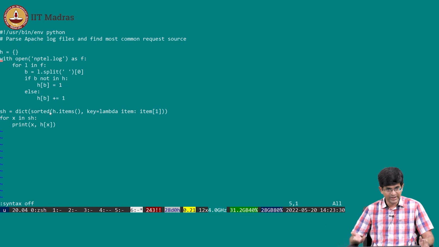I then open this file. Okay, so I'm hard coding stuff here. This is not normally how I would want to do it, right? I should probably accept the file name as something coming in from standard input or one of the parameters. Doesn't matter. For now, I'm just hard coding it.